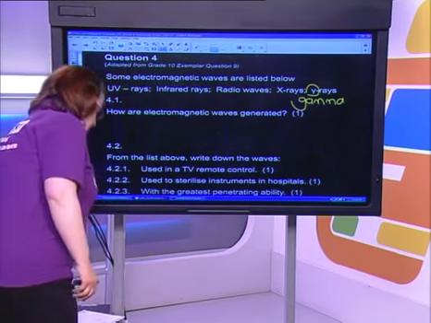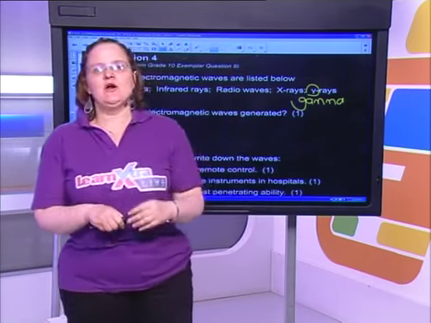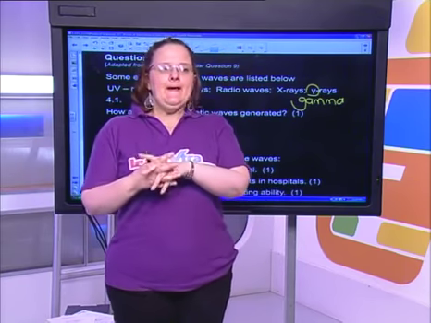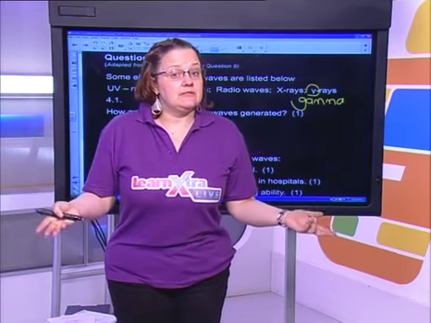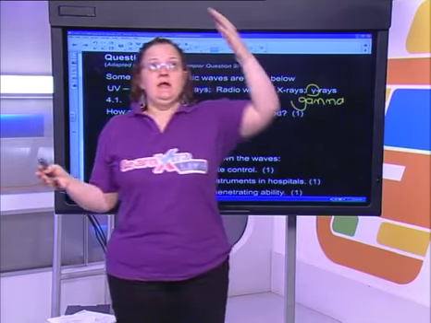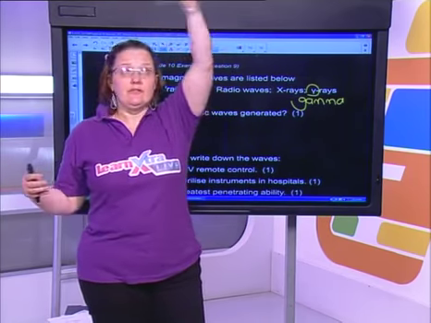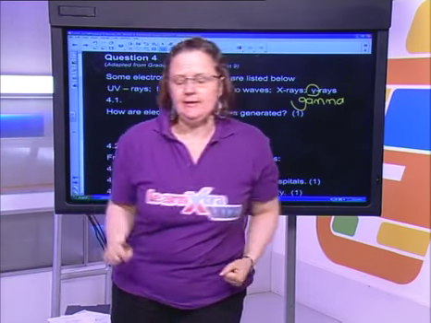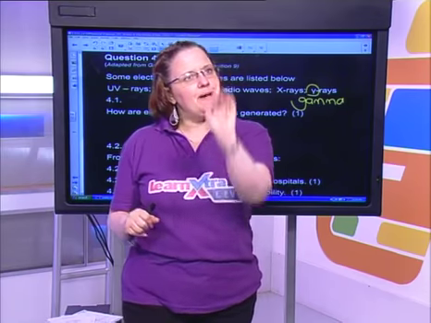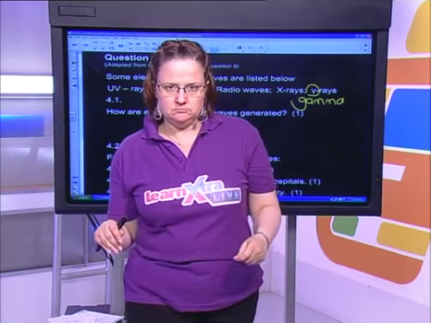Now they ask you, how are electromagnetic waves generated? You may not say by the sun. Yes, they're generated by the sun, but not all of them are generated by the sun. In terms of all the ones we experience every day, not generated by the sun, okay? The studio lights are giving off electromagnetic radiation. They are not the sun, okay? Remember, electromagnetic waves are generated by the movement of a charged particle, okay?